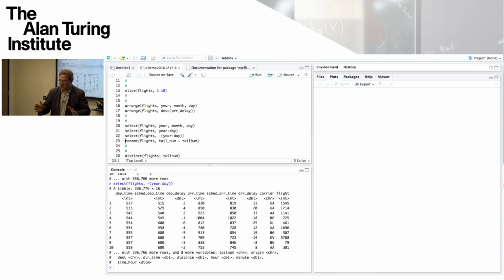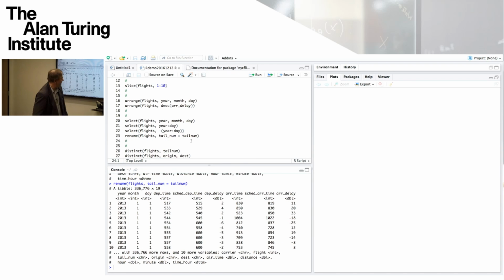So you've got a reduced number of variables that way. And there are other ways too of doing this. There's a rather nice collection of helper functions which will do things like select variables whose names start with this string or end with this string. All these things are quite useful. Okay, and then this example here is the rename, which is for convenience you can do the following. So rename allows you to take a variable and give it a new name, and then that's what's included in the output. So it's not shown here, but tau_num has replaced tailnum.